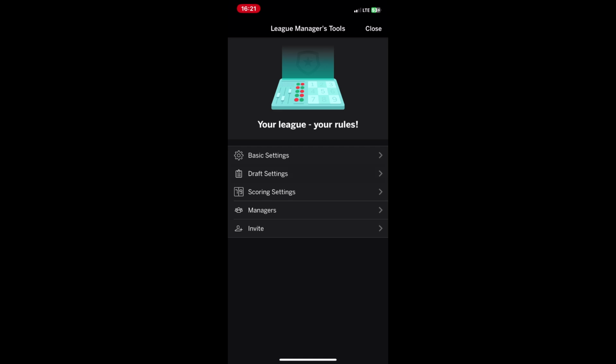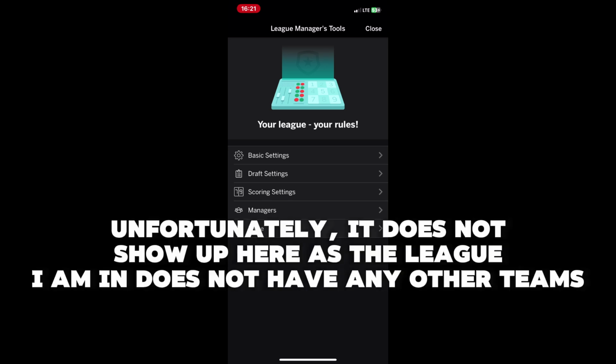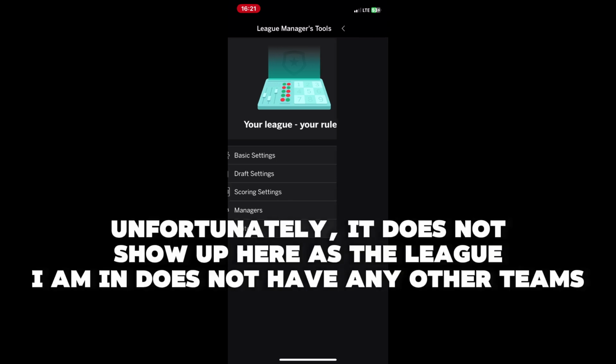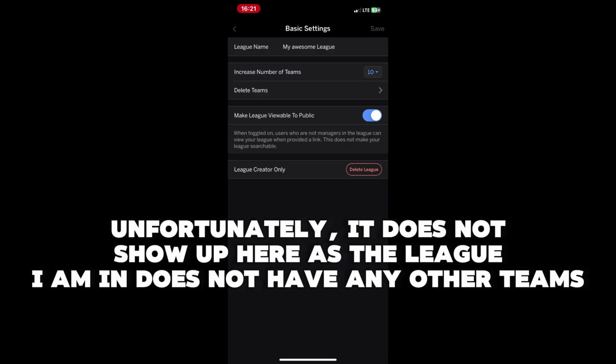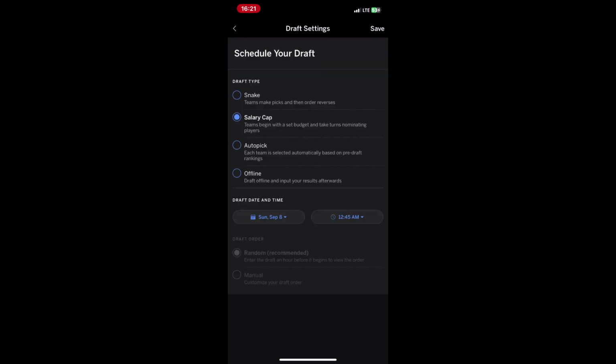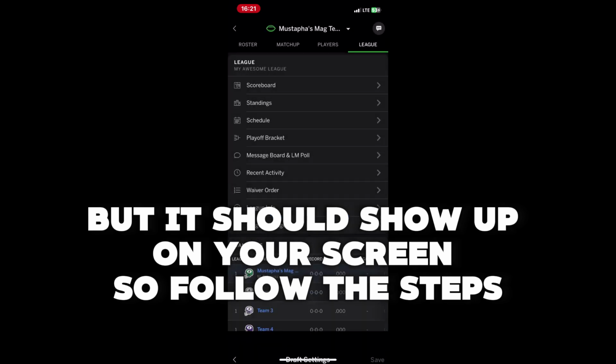Next, tap on Trade or Propose Trade, and this will bring up a list of all the teams in your league, and then select the team you want to trade with. After selecting the team, you'll see an option to include players and draft picks in the trade. To trade draft picks, tap on the Draft Picks tab, and you can now choose which draft picks you want